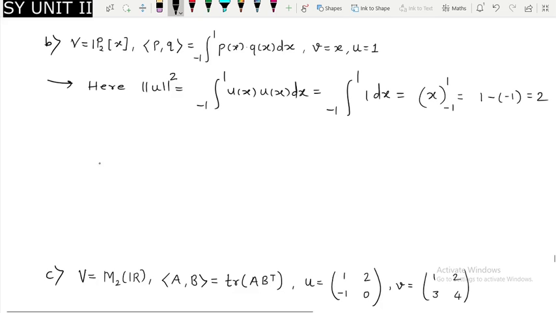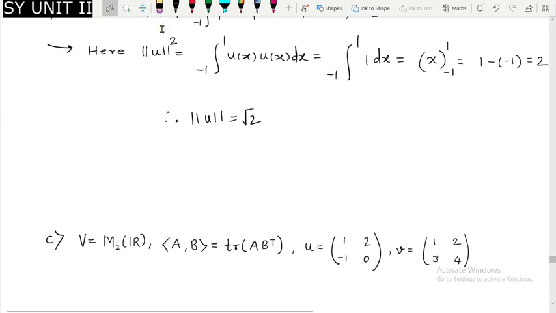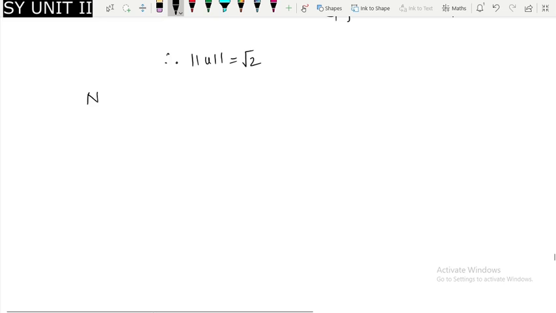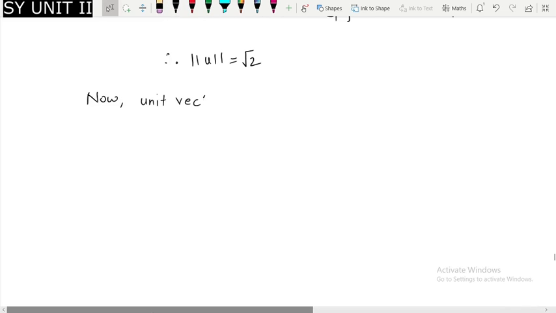And you can see that it is not a unit vector. Therefore, what is your norm? So my norm is under root of 2. In order to convert it into a unit vector, we are supposed to divide this u by its norm. So now our unit vector is equal to u. Remember, the new value of u will be equal to u upon norm u, which is equal to 1